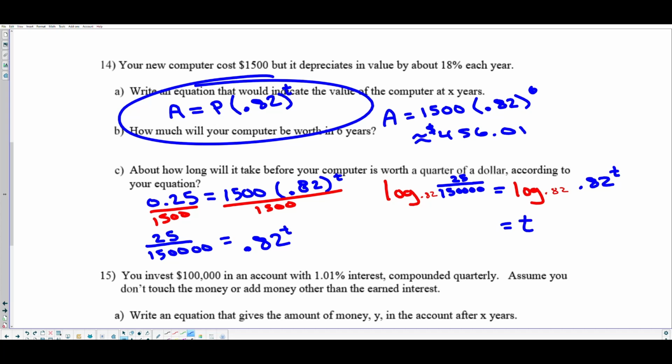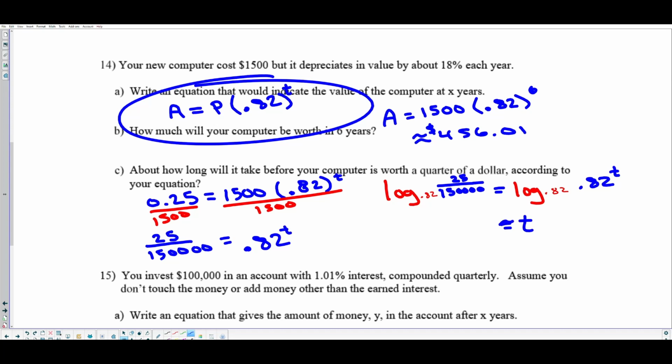The left hand side though, you have to use a calculator for that. So I'm going to put in log 25 divided by 15000, close that parentheses, divided by log 0.82. Close that parentheses, and you get